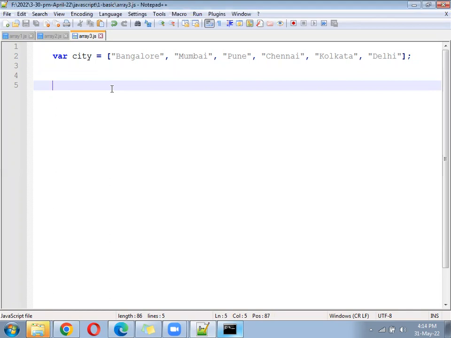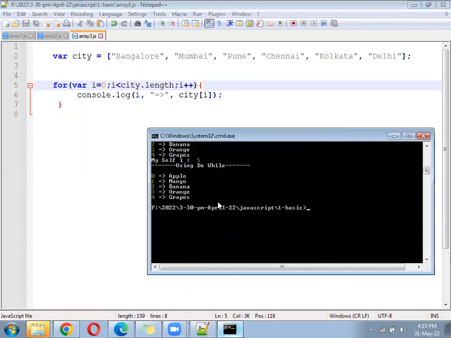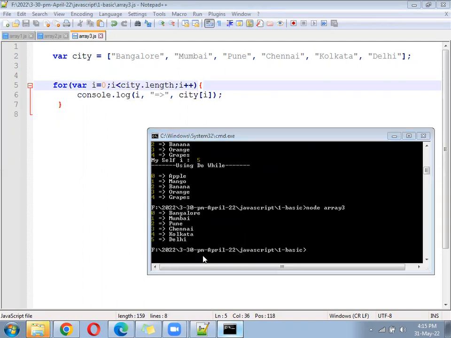Good. Node array. Okay, so it prints like this. Next, after that,